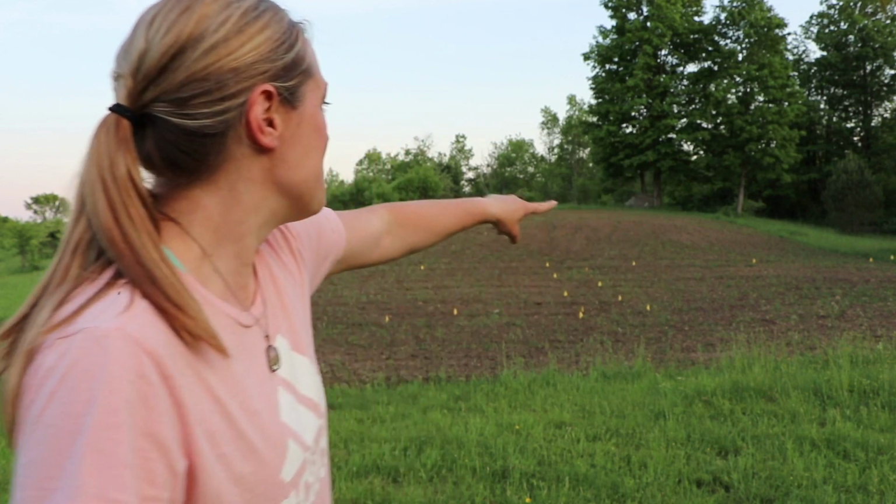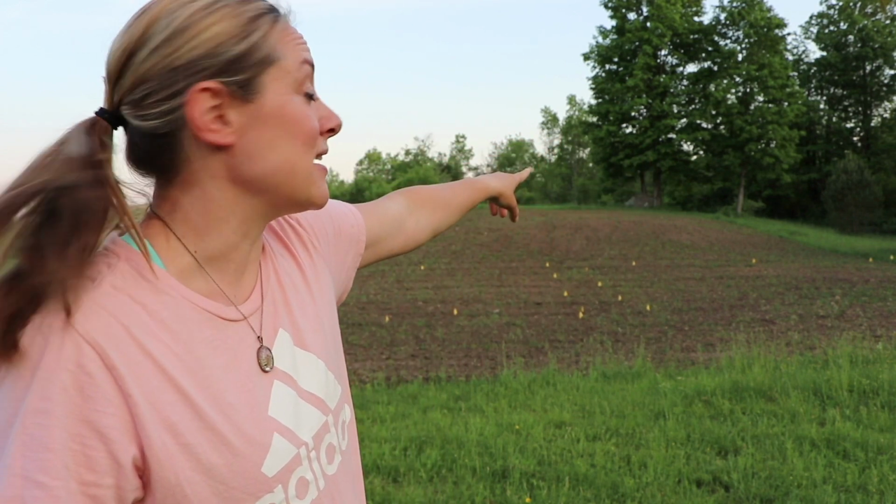I came up that hill right there and I saw a bear cub, and I ran for my life because I was always taught if you see a bear cub, the mama's close by. So I live in the Adirondacks. We're in upstate New York. There are bears here, and that's normal. But that was the first time I had ever seen one with my eyes, other than up